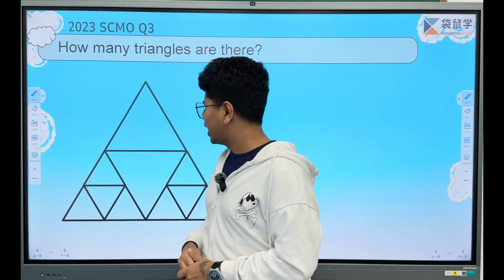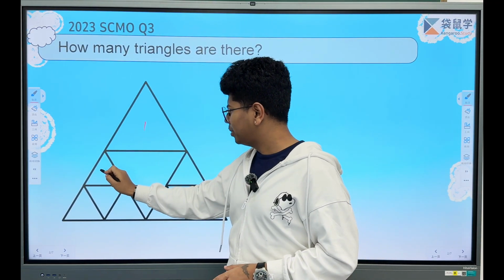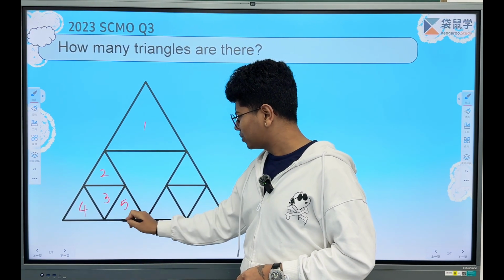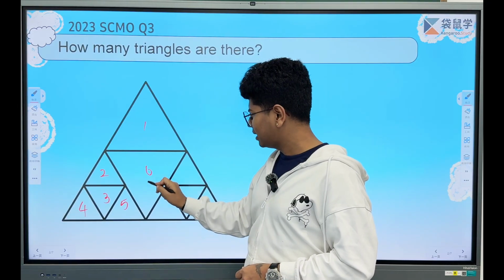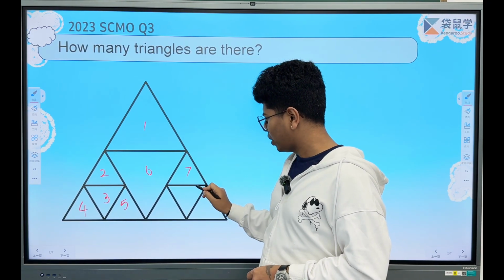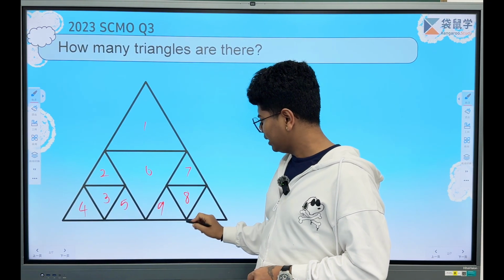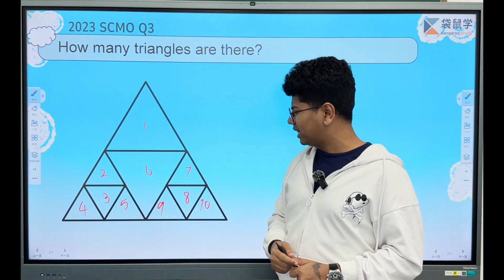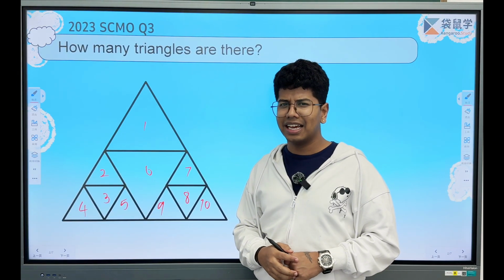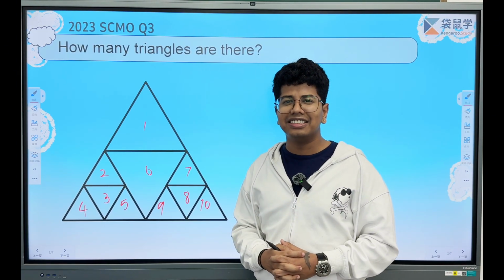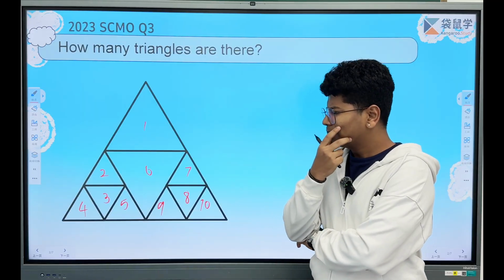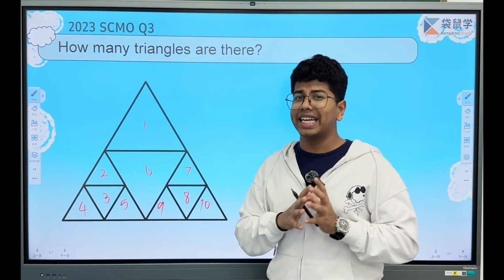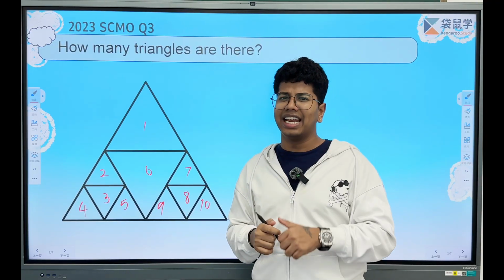If I count, here I can see 1, maybe 2, 3, 4, 5, this one, then this one as 6th, 7th, this one as 8th, 9th and 10th. So if I count part by part, I can easily get there are 10 of the following triangles. Does that mean the final answer is 10? Not sure. So let's just have a look in which we can count the number of triangles and we can